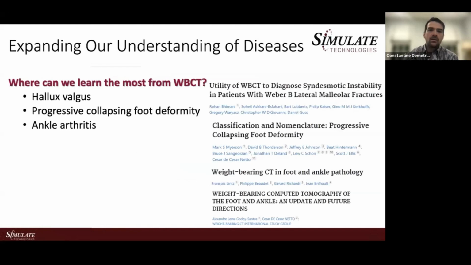But where can we learn most from weight-bearing CT? Well, the three categories that I use it most frequently are hallux valgus deformities, bunion patients, progressive collapsing foot deformity, or patients that are particularly going to undergo surgery for surgical planning. I'll show you cases of that. And in my patients with ankle arthritis,